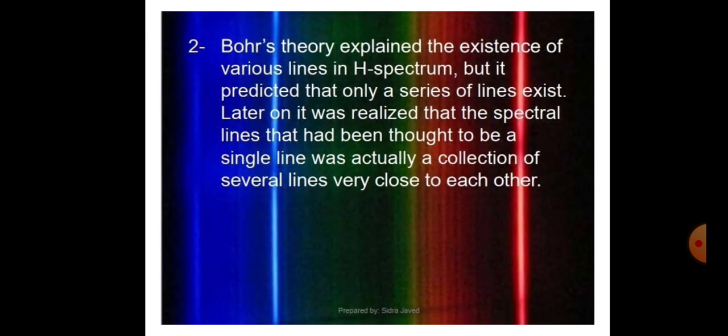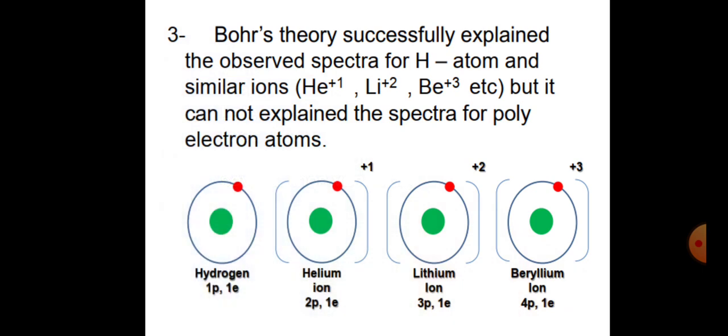And the second defect of Bohr's theory is the existence of various lines in the hydrogen spectrum. In the hydrogen spectrum, a single line was actually a collection of several lines very close to each other. Bohr's atomic model has no explanation for this. Bohr's theory successfully explained the observed spectra for hydrogen atom and similar ions, but it cannot explain the spectra for